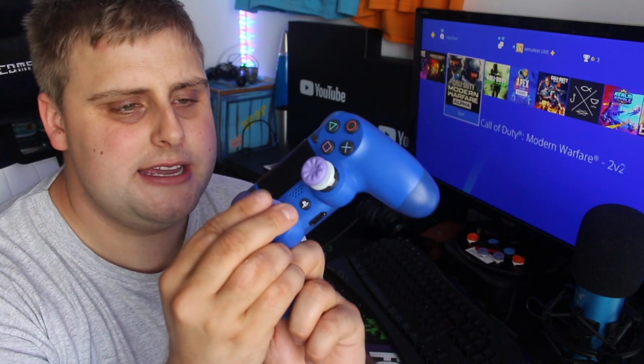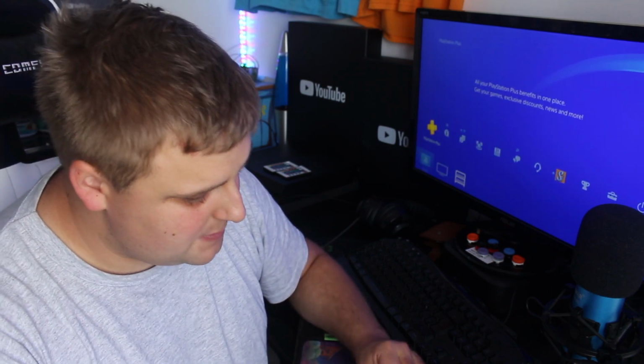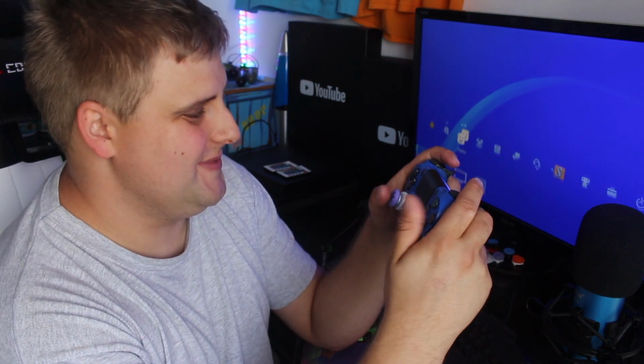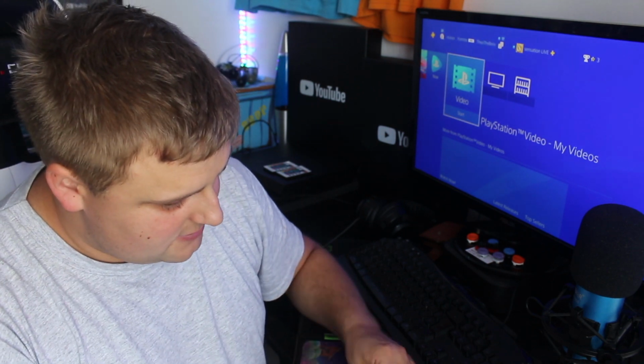Please set them up this way, don't try and do it the other way. I mean, they'll fit the other way and I'll show you guys, but it's not how it's supposed to really be. I mean, it does go the other way. It just feels so wrong. Like, why would you need that height for movement? It doesn't make sense. So please do it the other way, and I'm gonna see what they actually feel like